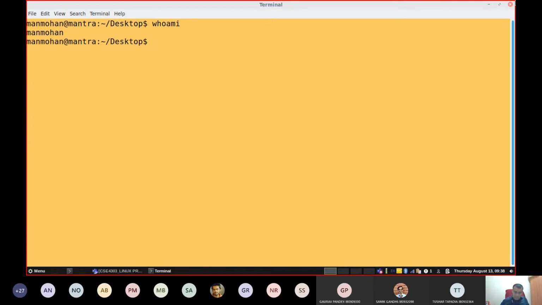Similarly, one more command we'll discuss in detail, one of the very useful commands called grep. My username is Manmohan. If I want to get more detail about my user account, Manmohan is my user account on this computer, then I can try grep Manmohan. In case you have a Linux machine at your disposal, you can also practice this command, but it should be your username, not Manmohan.